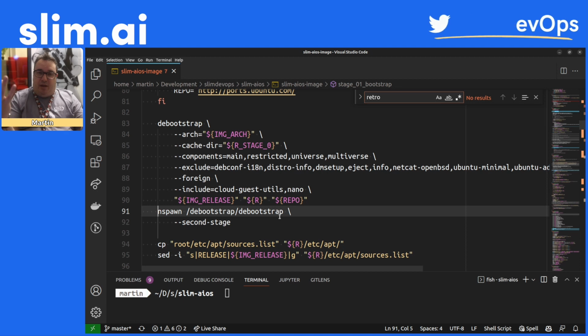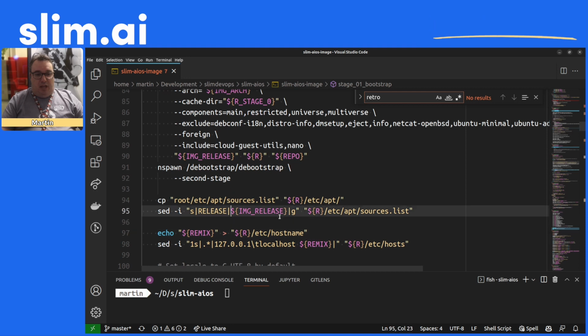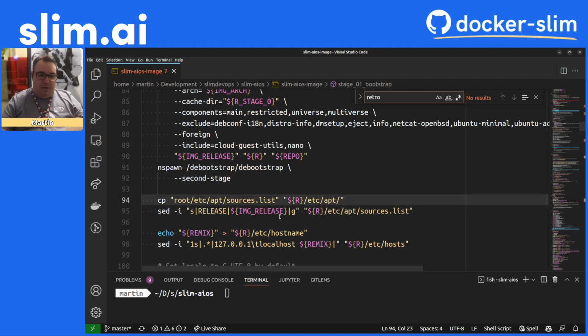And then once those packages have been sucked down, there's a second stage to the bootstrapping process, which installs and configures each of those packages. So that's our starting point, and this is where some of the tuning happens early on. So now we're going to look at creating